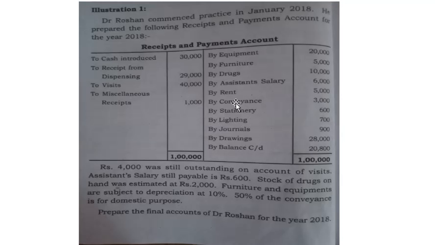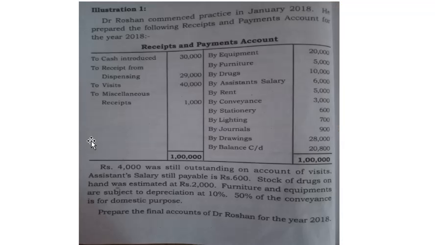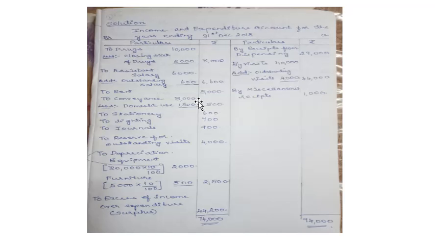Next, rent. So rent is an expense, so show here to rent 5,000. There is no adjustment for rent. If there is no adjustment, you directly write in the outer column 5,000. Next, to